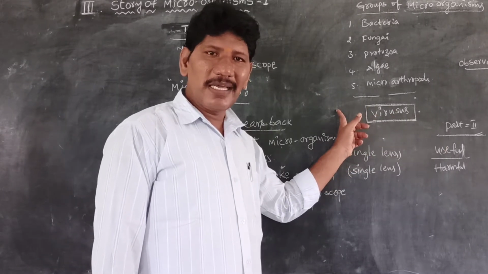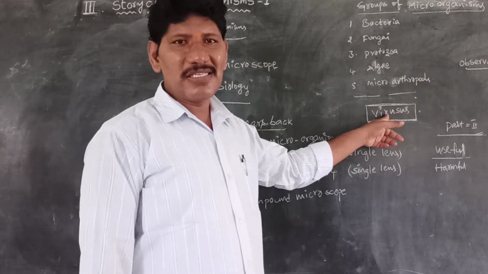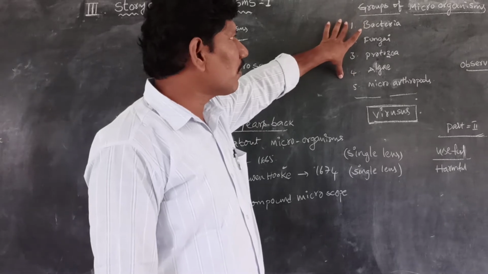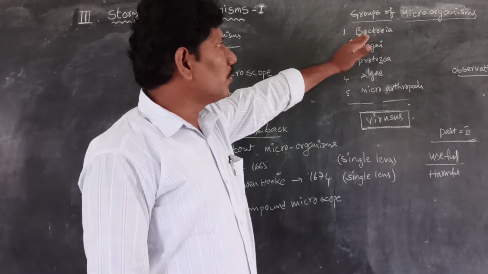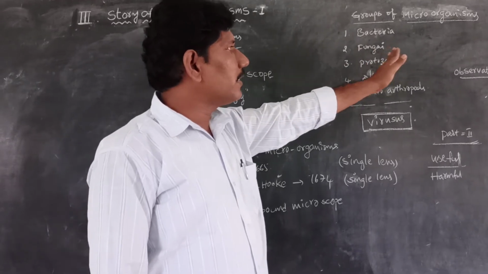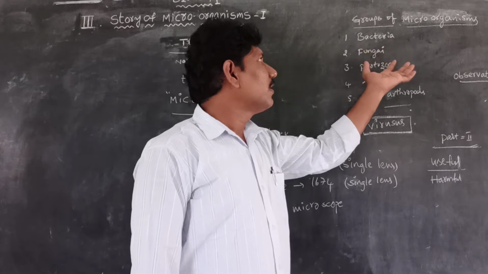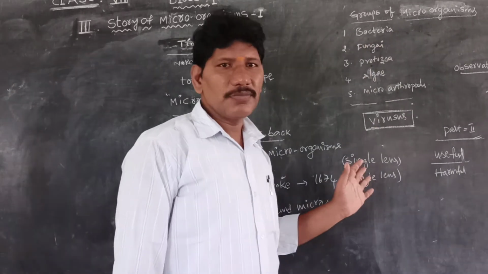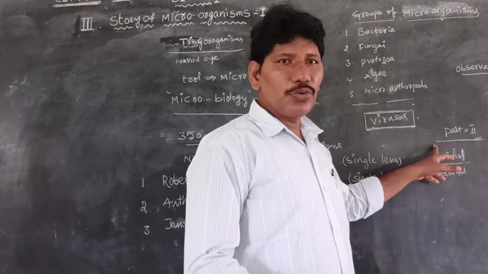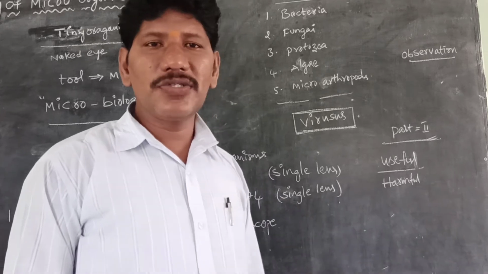Till now, in the beginning classes, I described the differences between living and non-living cells, and plant cell and animal cell. Now, the first part describes only the groups of microorganisms, where they are located, how to find them, and what the source of these groups of microorganisms is. Part 2 explains how microorganisms are useful and harmful to nature.